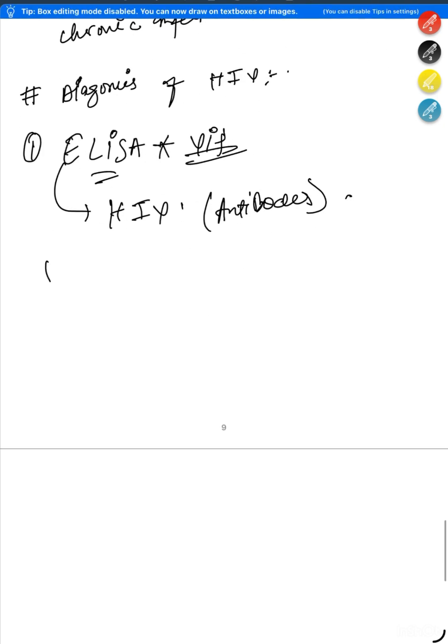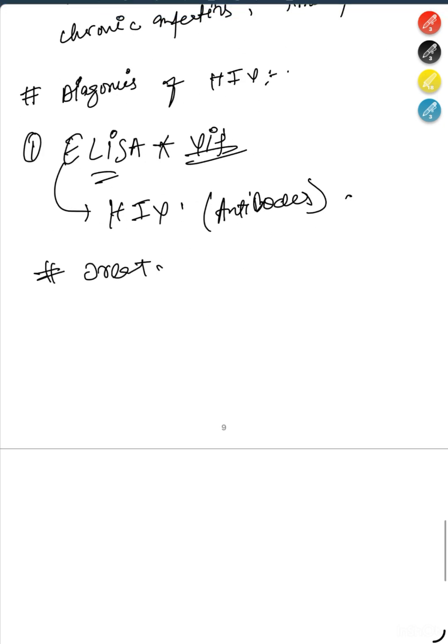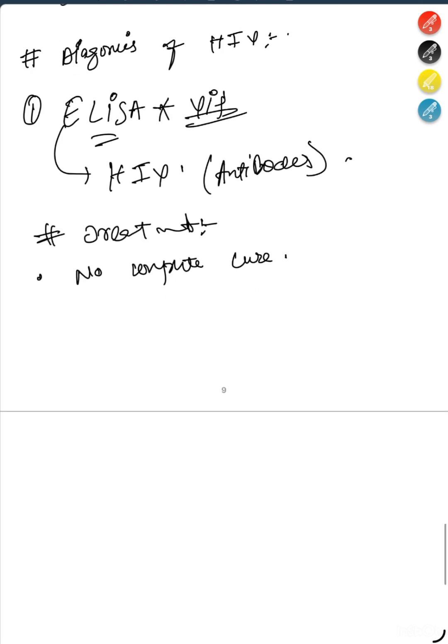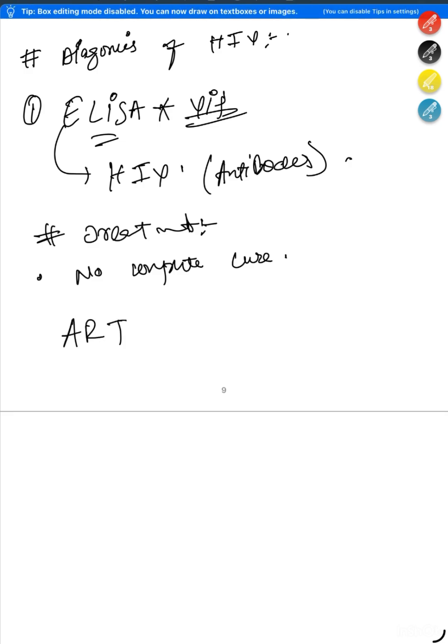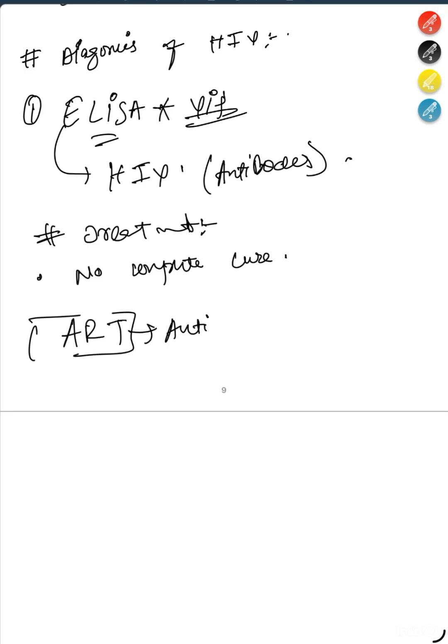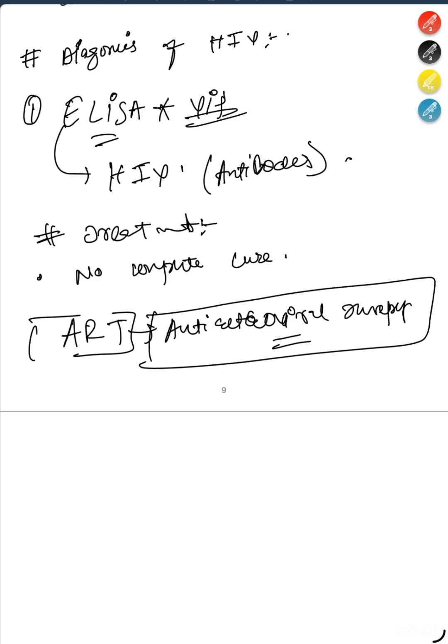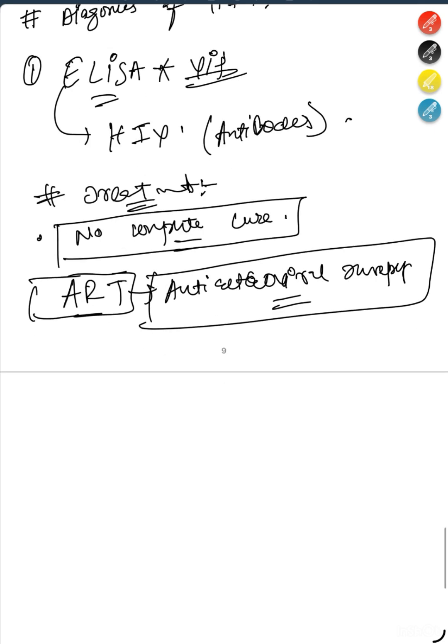Fine. Now if we talk about the treatment, if a person suffers from AIDS, what will the treatment be? Right now there's no complete cure for it. No complete cure for AIDS has been found yet, but its control is possible by using ART, that is antiretroviral therapy. Because of it we can increase the lifespan of a person suffering from AIDS, but we can't cure it completely. So ART therapy is given to a person suffering from AIDS. It can't completely cure that person, but it can enhance the lifespan of that person.